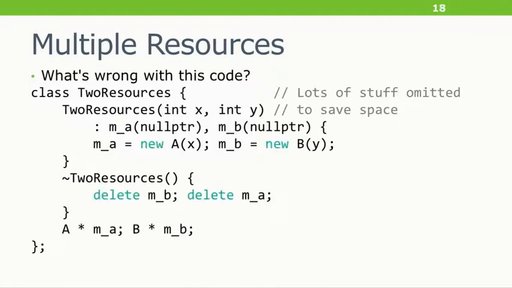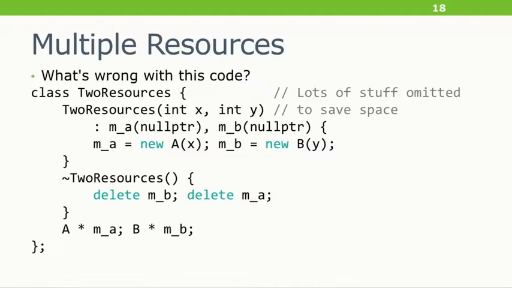What's wrong is that I've said new and delete in the constructor and destructor in this pattern. The problem is not unspecified order of evaluation or anything. The problem is that this is a rule going back to C++98 for very good reasons. If an object is never born, it can never die. If an object's constructor does not proceed to completion, to success, then the language doesn't know that the object's invariants have been established. So it does not know that the destructor is safe to invoke. In fact, maybe it's got garbage data, or the pointers haven't been set up right, and invoking the destructor could crash. So the rule is that if a constructor throws, the destructor will not be invoked.